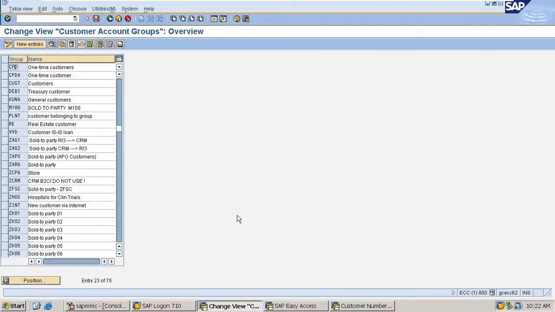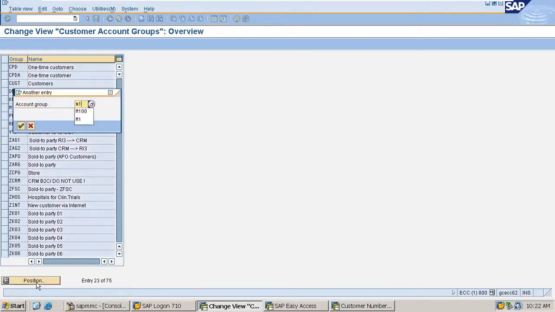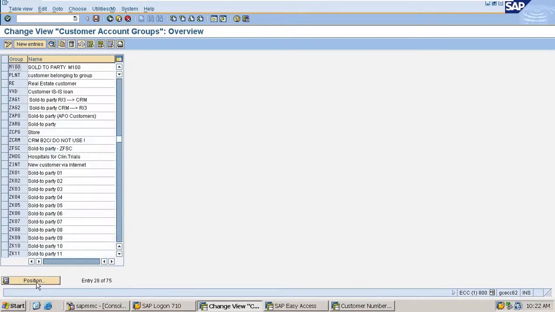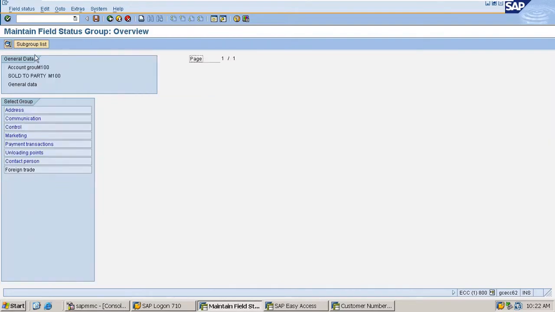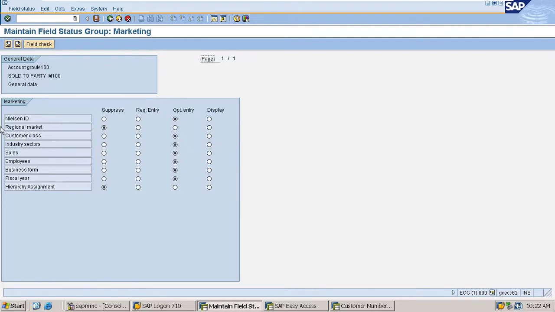Then let me go back again to the account group controls. Here, our account group is M100. So here, field status. As we have already discussed, in this field we can make changes to the fields. For example, let me go into the general data, and if we go into the marketing,